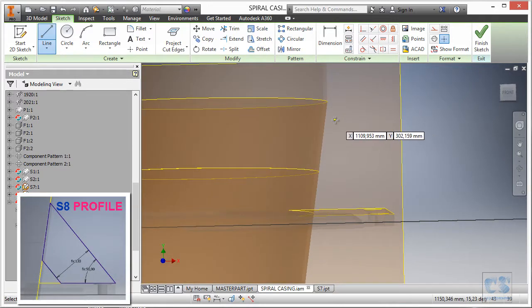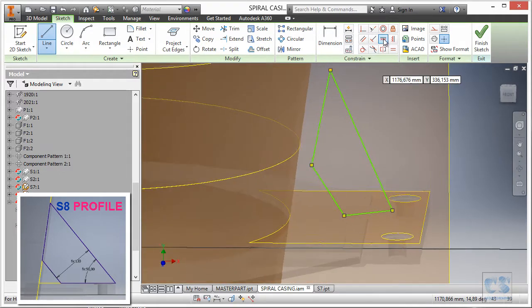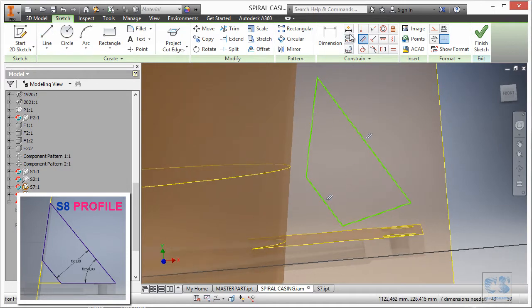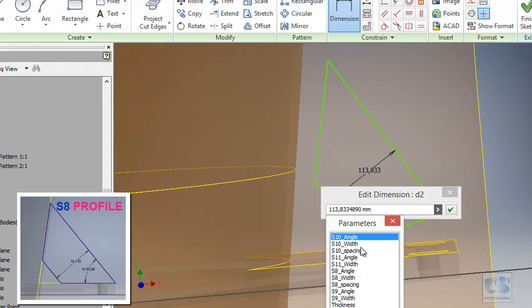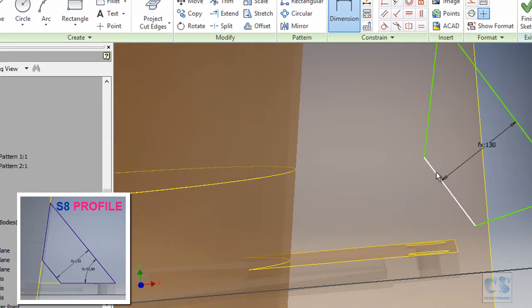and for the profile, as we did for the first rib, we just have something like this, with the horizontal constraint, and this. We make sure that these two are parallel, then the distance between them should be the width of the first rib. Okay, this like that.